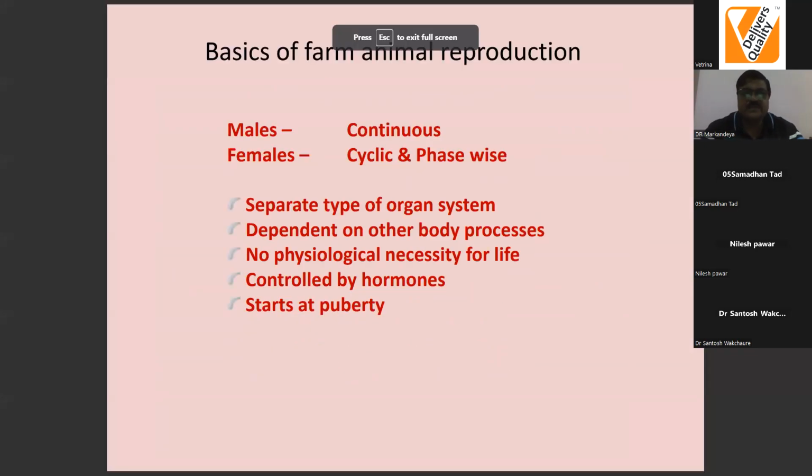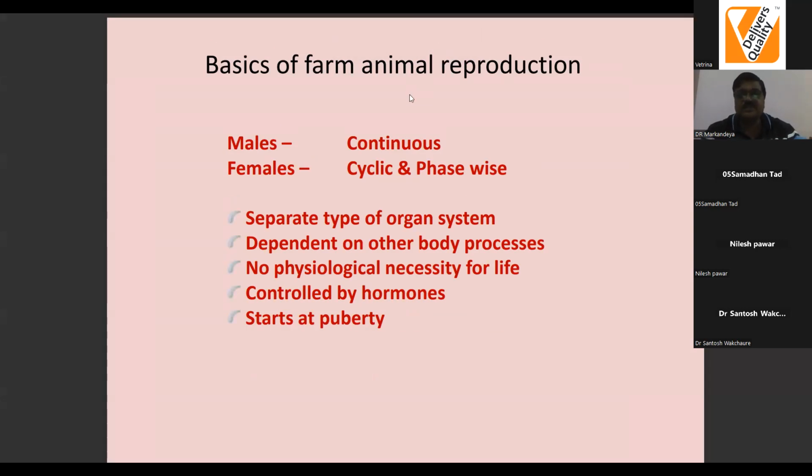In case of males, reproduction is a continuous type of activity. Continuous sperm production, continuous services. Once breeding starts, this phenomenon ends with senility. But in case of females, remember, it's cyclic and phasic: estrous cycle, gestation, followed by the postpartum phase, again resumption of cyclicity, conception, gestation, and so on. So this is cyclic and phasic, a totally different type of activity in males and females.